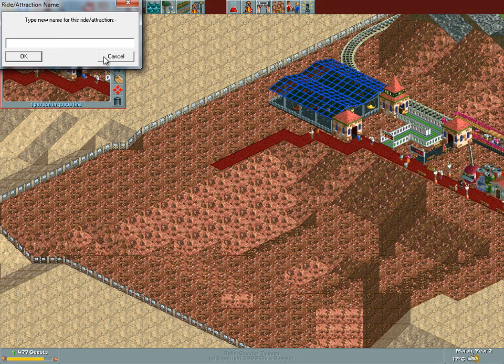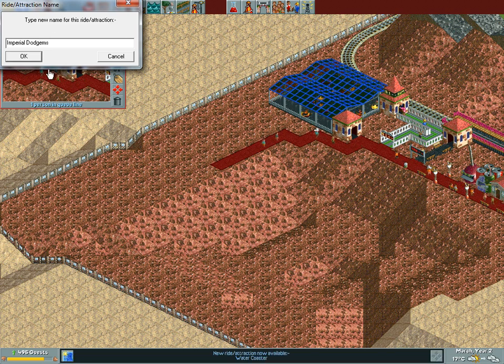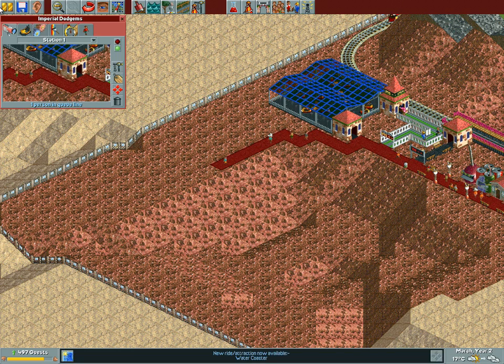No, I wanted to call this Alien Isolation. But that is, of course, a name already, so we should not use that. How about we call this the Outer Crater? Outer Crater. No. We should call this the Badgem. How about the Imperial Dodgems? Yeah, Imperial also always seems like it's got some kind of space constitution, you know, so...